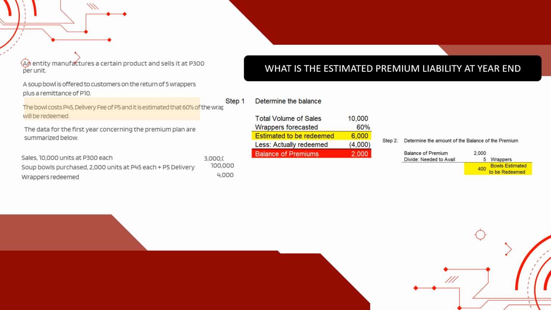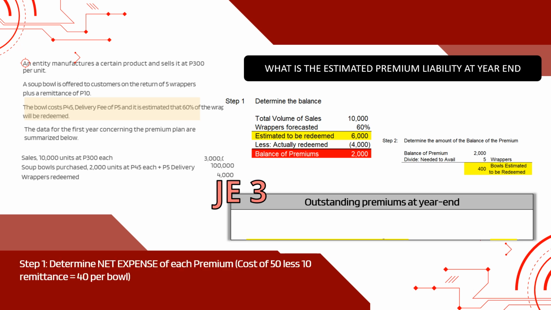How many premiums will I get from 2,000 wrappers? So, we follow the same exercise. 2,000 wrappers divided by 5, we technically have to get an allocation of an extra 400 bowls that we need to spend on. So, how to record this would be, first is determine the net expense, which you already did,